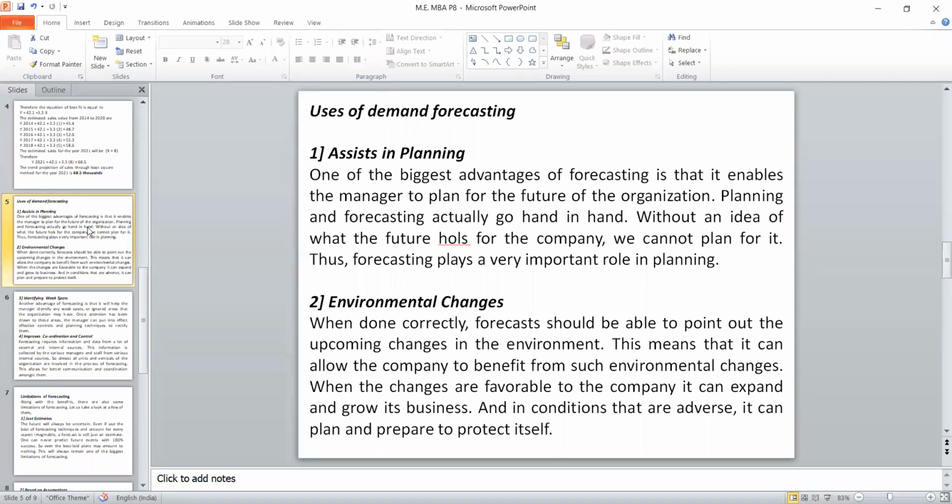The second one is, most of the time the business will not consider the other external factors, but demand forecasting will give some idea about the changes, not only the social, cultural, but also the environmental changes. This means it can give a company a bit about the environmental changes. Environmental changes in the sense, what will be the market situation, what will happen in the next year, whether even now we are facing that